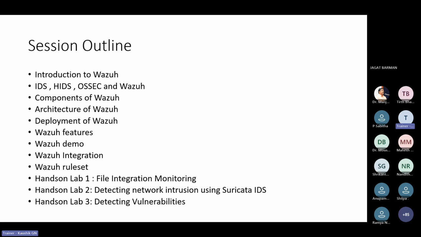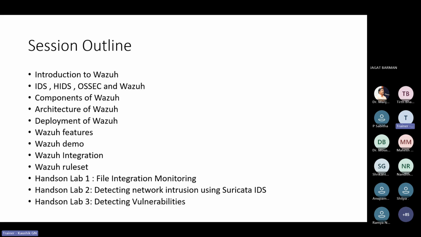So, the session outline which I have mapped. It starts with the introduction to the Wazuh tool. Next, we will talk about what an intrusion detection system is. Then, in the subcategory of intrusion detection systems, the host-based intrusion detection system, and the first kind of HIDS, that is OSSEC.